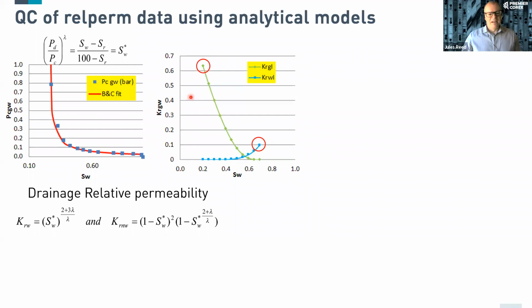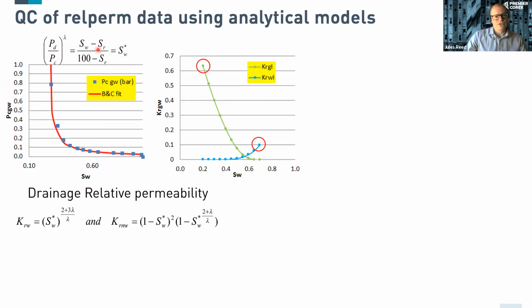This is the Corey model. There's also one from Honarpour in a relative permeability monologue that he gave. So what you do is you can measure the capillary pressure, and you determine a fit to the curve. You fit it by this equation here, and this is the Corey or Brooks-Corey model for capillary